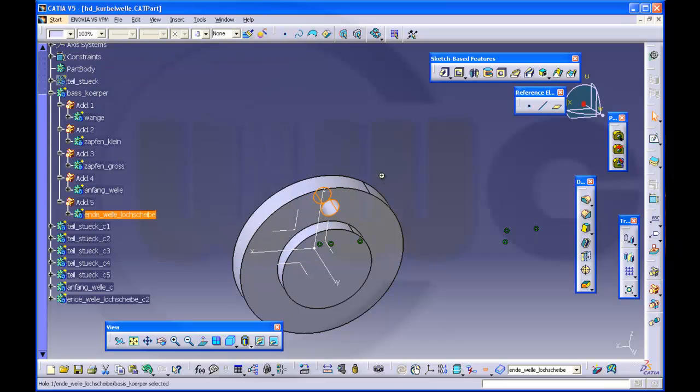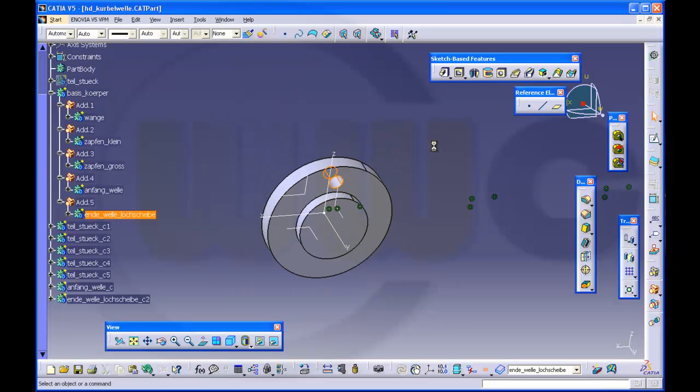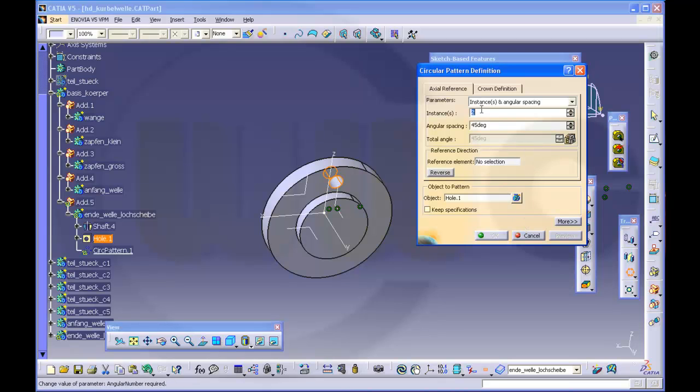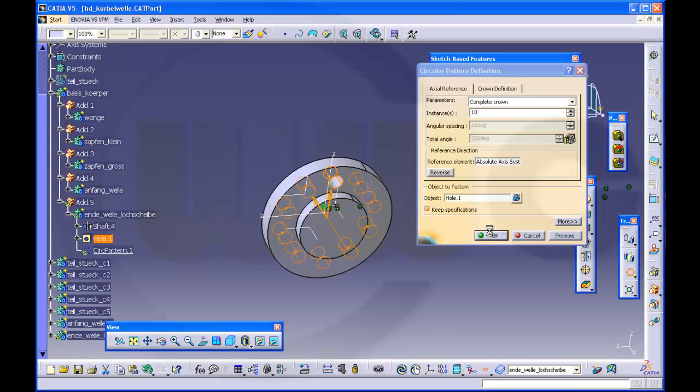Okay, then do a circular pattern with this hole. Make it 10 instances, make it a complete crown. Always go for the complete crown if possible. Reference element should be this axis, and as always keep specifications like this,